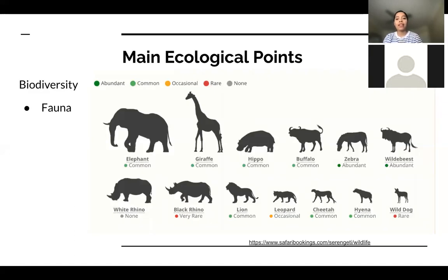So now the biodiversity. Biodiversity is huge in the Serengeti, starting with the fauna. The wildebeest, numbering over 1.8 million individuals, constitute the largest population of big mammals in the Serengeti. There are over 300,000 Thomson's and Grant's gazelles, 200,000 zebras, and tens of thousands of topi, Coke's hartebeest, Maasai giraffe, waterbuck, impala, warthog, and hippo. They all call the Serengeti their home as well.